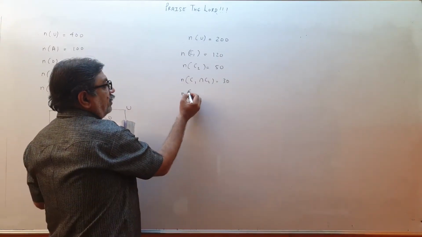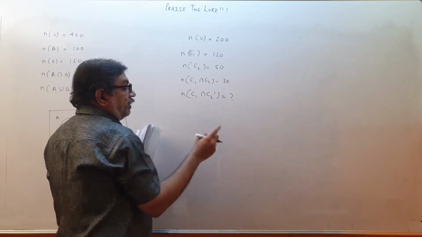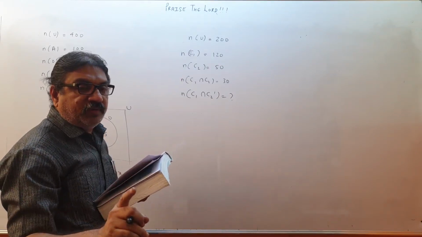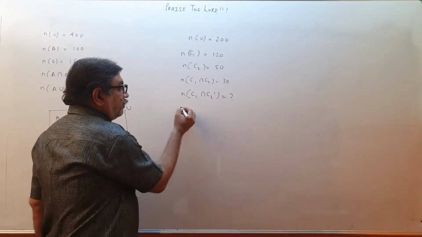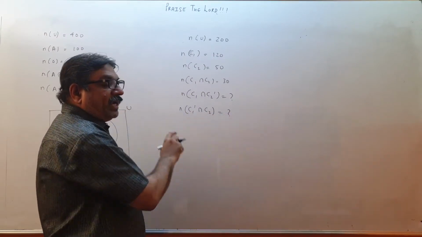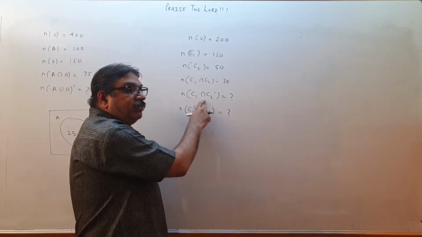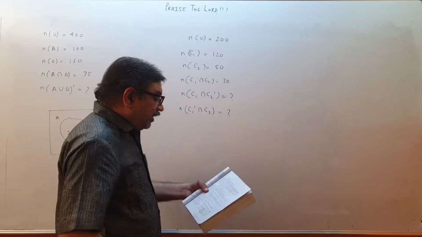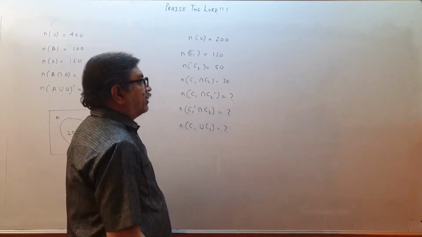Now understand properly. C1 but not C2. So C1 intersection C2' means only C1. We want C1, we don't want C2. So we want only C1: C1 intersection C2'. Chemical C2 but not chemical C1: so C1' intersection C2. We want chemical C2 and not C1, therefore intersection. We want C1 and we don't want C2. So 'and' means intersection. Then chemical C1 or chemical C2, so C1 or C2. Let us draw over here, children.